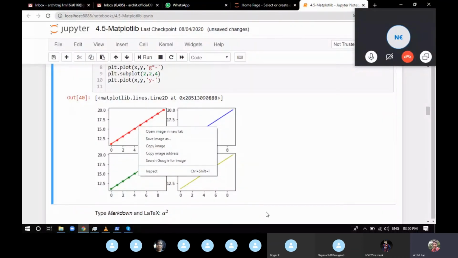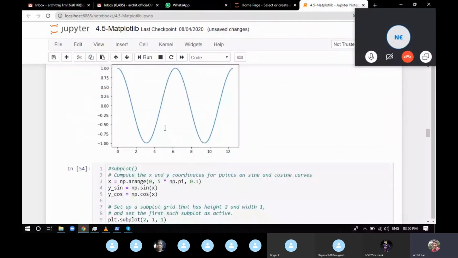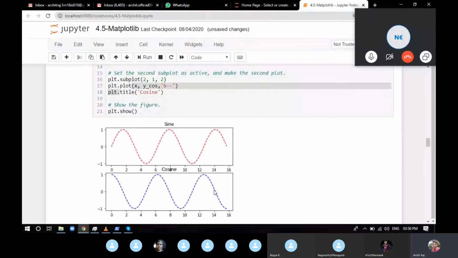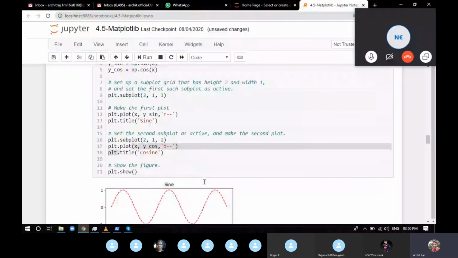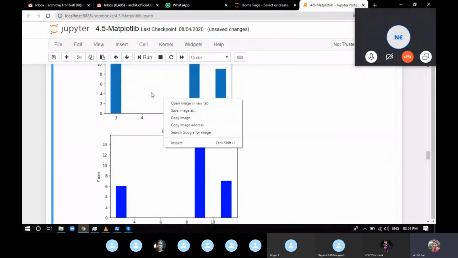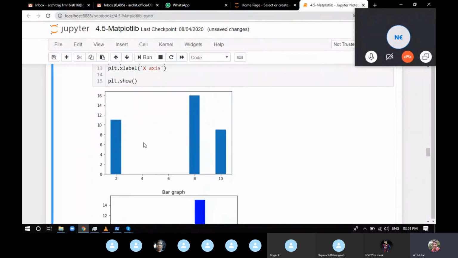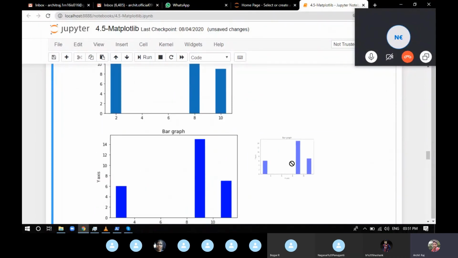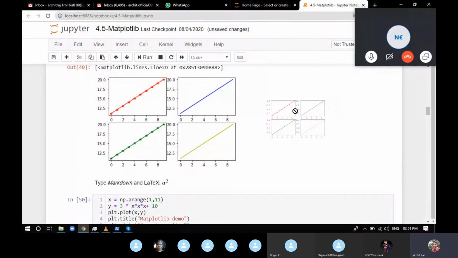Multiple plots are like you're giving different plots, like what I've done here. Let me show you this example, plt.show. So these are two different graphs. If you try to save one, it's not going to save the other one. They are not on the same canvas. This is one picture and this one is a different picture. You can see if I drag this picture outside, you can drag it. It means these two are different pictures. But in a subplot, all four plots are on exactly the same canvas. I guess you now know the difference between a subplot and multiple plots.